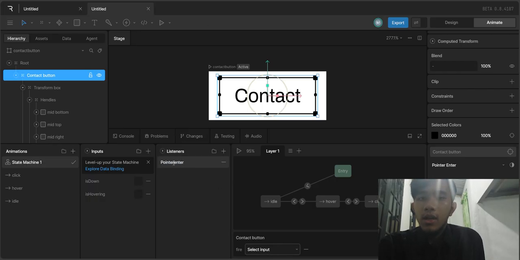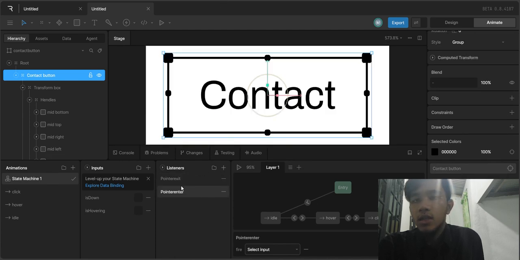Add another listener named pointer down that sets is down true, and another named pointer up that sets is down false. To prevent issues when the mouse is dragged outside the button, add another input change to pointer exit that also sets is down false.